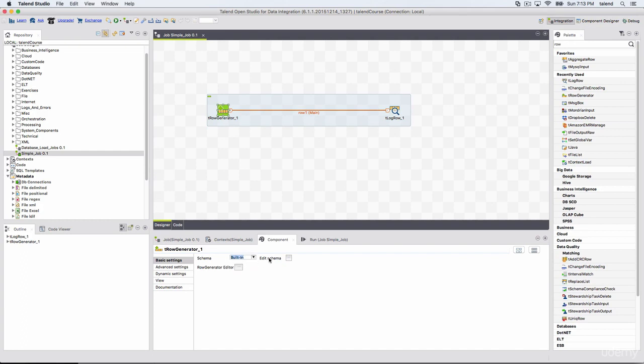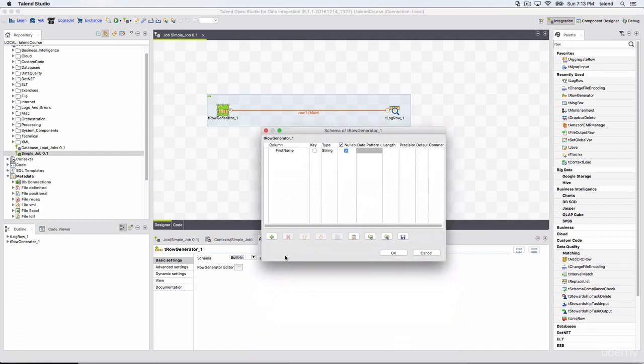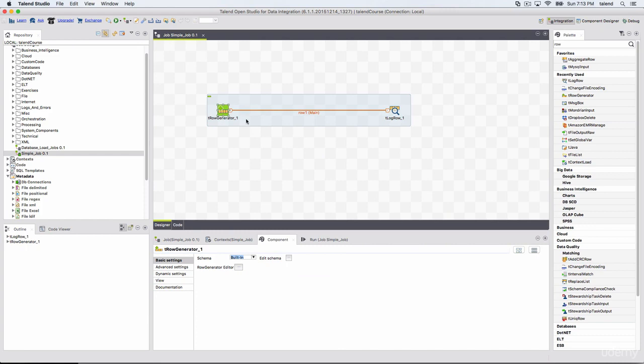So you can select built-in and edit schema, and you can add your columns here. You can add as many columns as you want. You can change the data type, and this is how you create a built-in schema. That's it. One thing to remember is that a built-in schema is local to that particular job. You cannot use the schema you created as built-in in any other jobs. It's just local to that particular job.